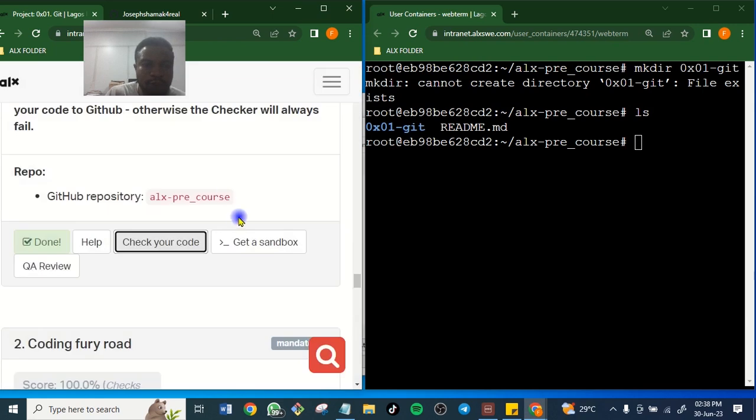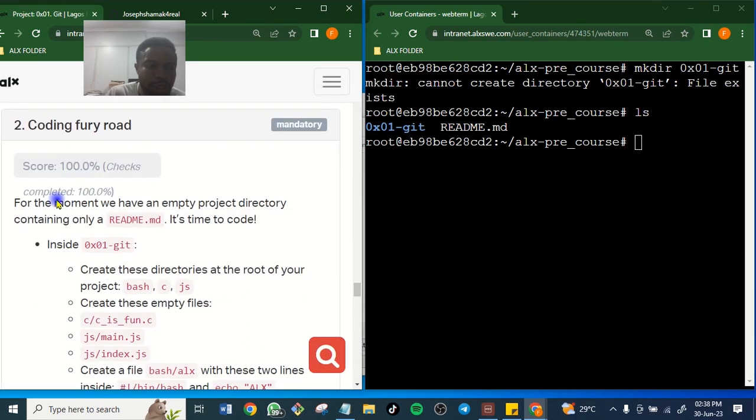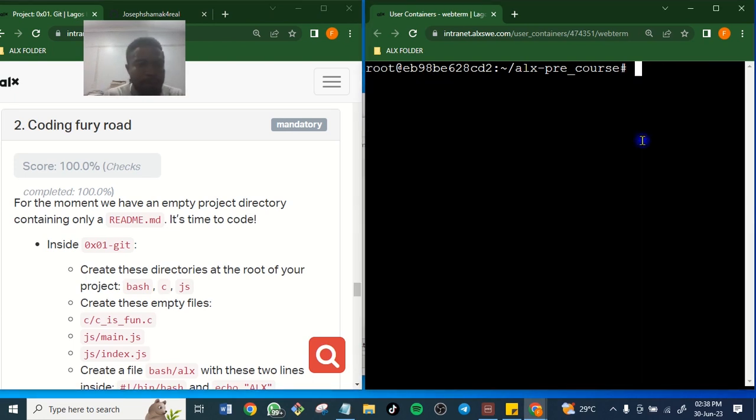So you see that is just the project. Let's clear our screen from every form of trash. So here now, coding fury. For the moment, we have an empty project directory.